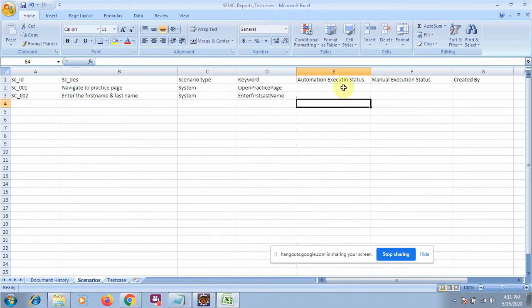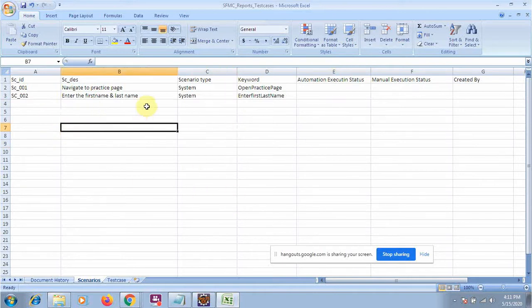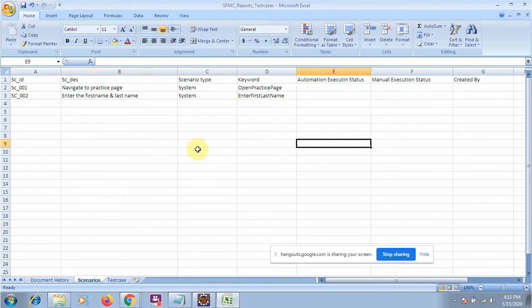Okay, so in the real industry, if they are using the keyword driven framework, that means they are doing both things. They are writing their manual script, they are also writing their automated script, and they are integrated through the scenario tab or your scenario page.